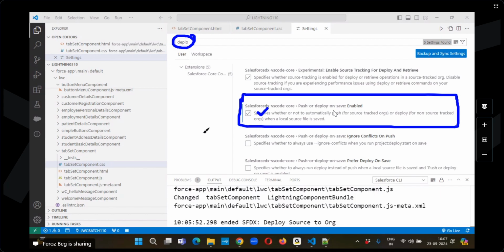Control S, it will save the code into your local system. Automatically, it will deploy the code into your Salesforce org also in one shot. You don't need to save and deploy separately every time by using the deploy option. We can do that in one shot. So here, just go to